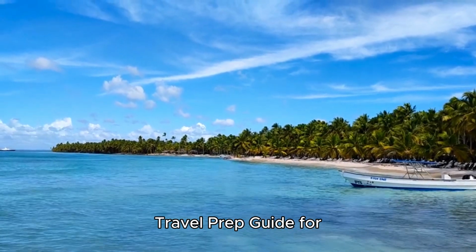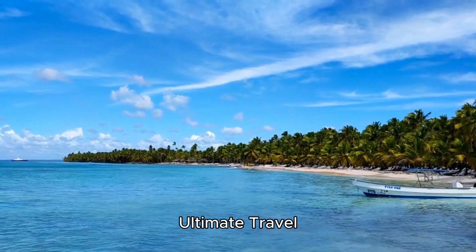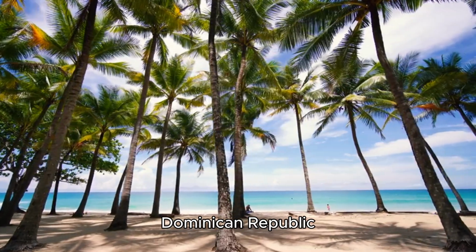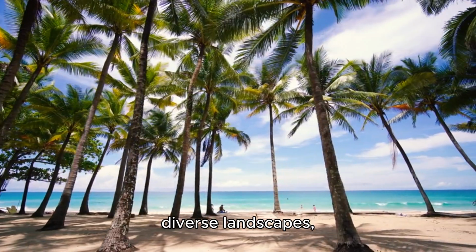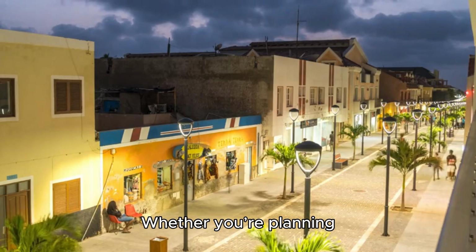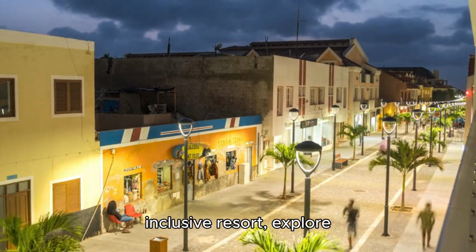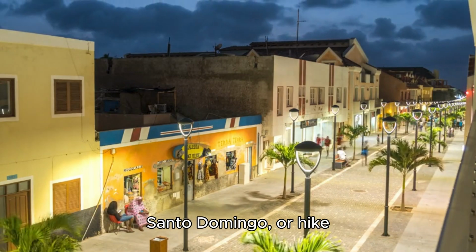Travel prep guide for the Dominican Republic, your ultimate travel companion. The Dominican Republic is a tropical paradise offering diverse landscapes, rich culture, and world-class beaches. Whether you're planning to relax at an all-inclusive resort, explore the vibrant streets of Santo Domingo, or hike the mountains